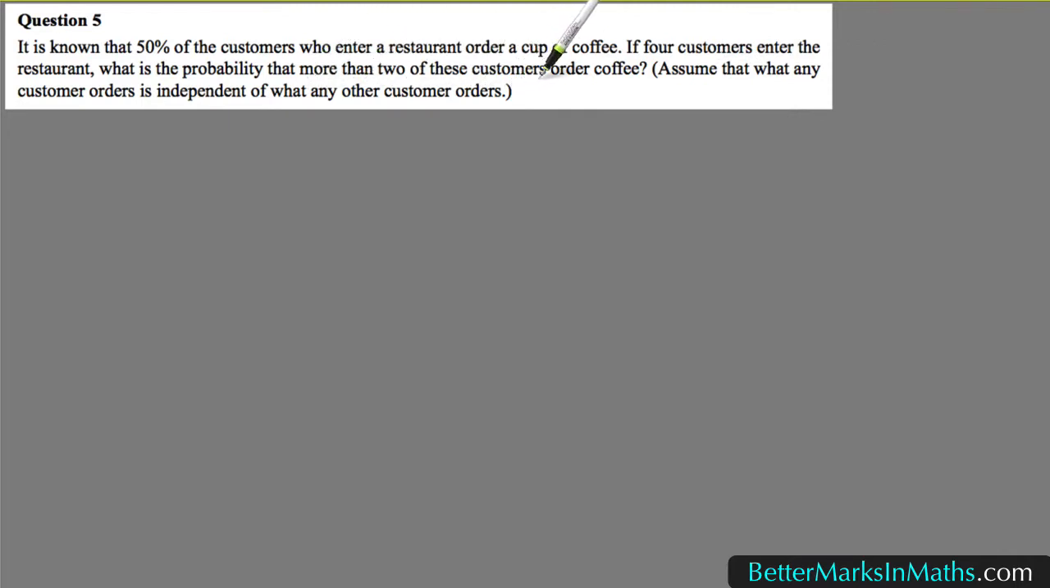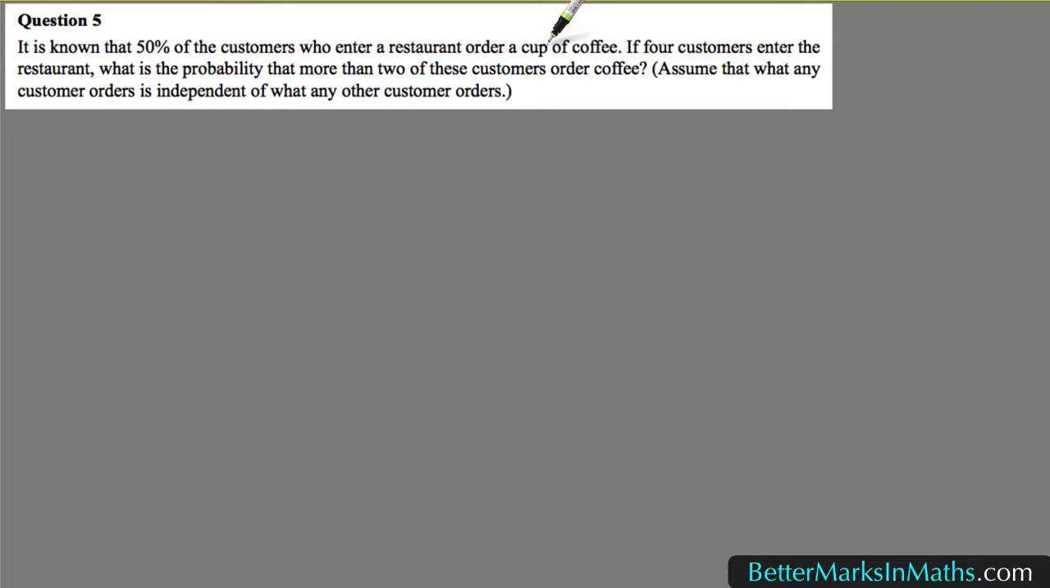So for this to be a binomial distribution, or to use a binomial distribution to solve this problem, you need to have 3 things in place. The first thing is that success or failure are the only 2 options. And in this question, ordering a cup of coffee or not ordering a cup of coffee are the 2 options,